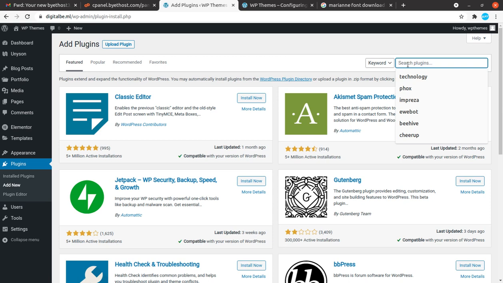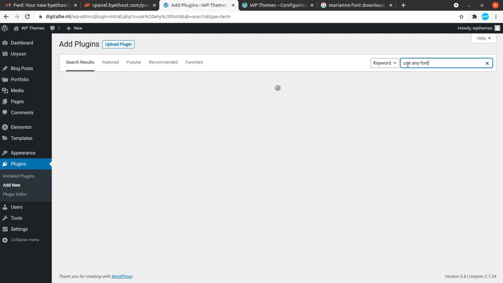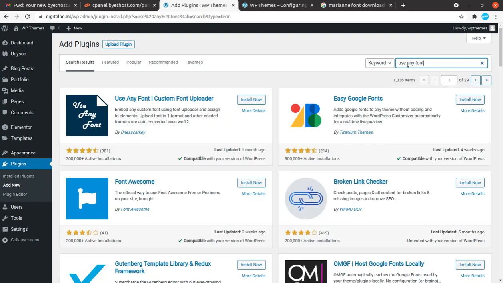So I'm going to use the Use Any Font plugin, and I have already tested this. I have provided the solution. Okay, so this is the Use Any Font custom font uploader plugin, and it has been updated according to the latest version of WordPress. We can install it now.